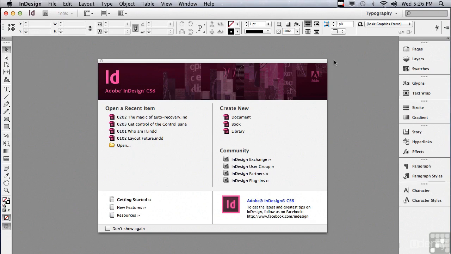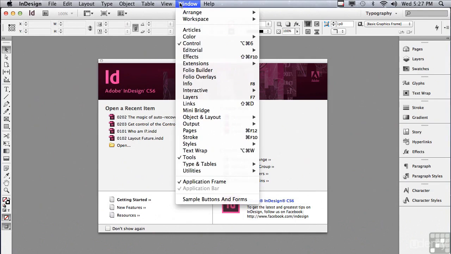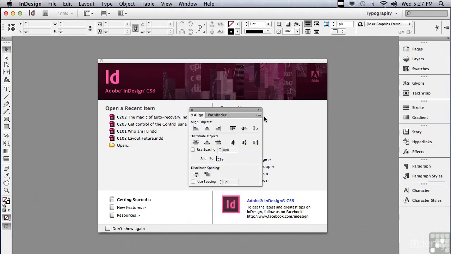And if I were working on a print document, chances are I would want to start with the typography preset workspace and customize it from there. Why don't we do that? If you go under your window menu, why don't you go to Object and Layout, Align. There's a good possibility that I'll have to align the objects in my layout, so I might need the Align